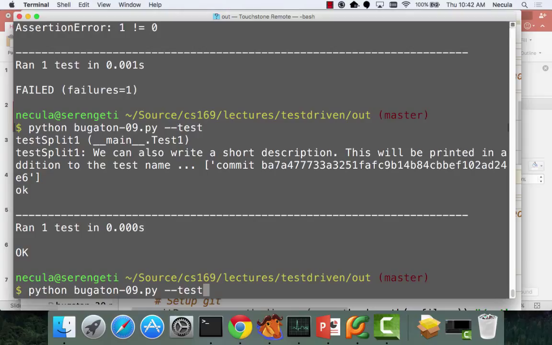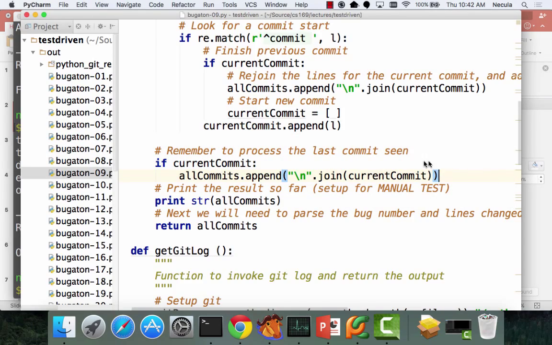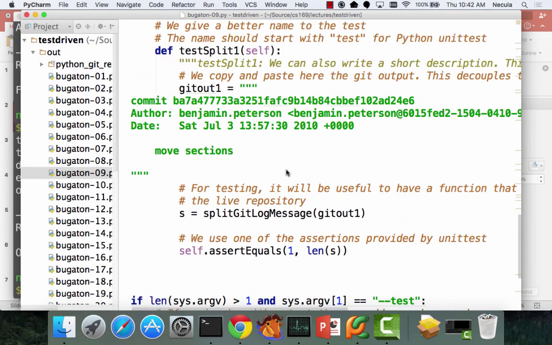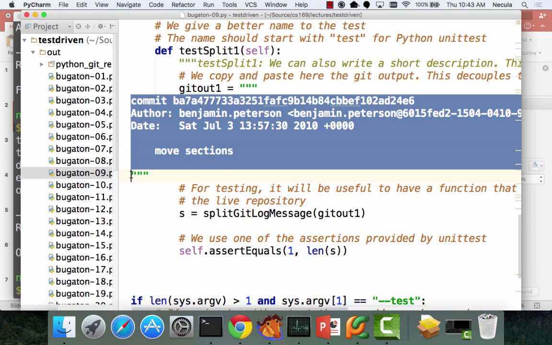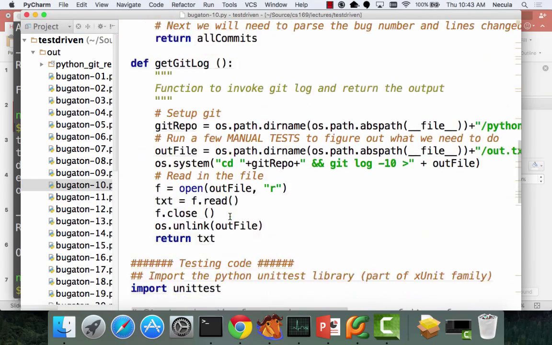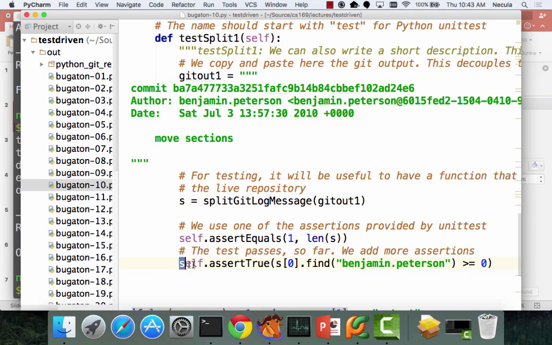But I suspect that this is not enough, so I'm going to write another assertion. Let's go back to my test. You see, this was the commit message. And I want split git log message to split it into, in this case, one entry with all of this stuff because it's one commit. So one entry per commit. So instead of just verifying that I'm getting one entry, I'm going to also verify, and this is in version 10, I've added this line: that the first entry of S contains Benjamin Peterson, which should be there because it's here. Okay, I run this test,